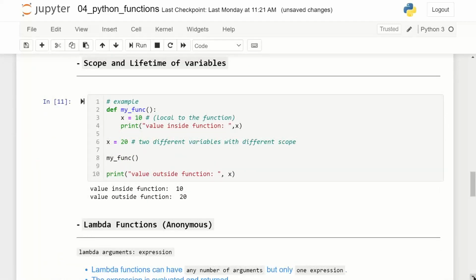And the concept is, what is the scope of a variable? A variable defined inside a function, the scope of that variable will be restricted within the function, which means that you cannot use that variable outside the function. For example,